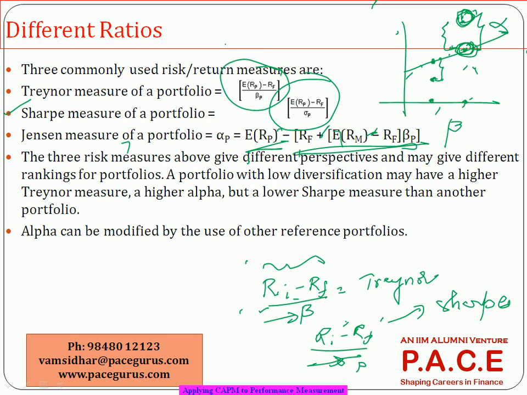Each of them looks at it from a different dimension: one from the total risk perspective, which is the Sharpe ratio, another from the perspective of only the systematic risk, and the other at actual return versus the expected return. So these are the three various dimensions from where the performance of the portfolio